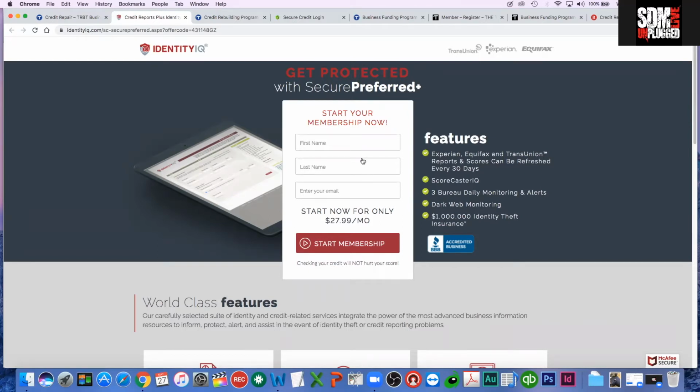And just let your client know it's a $27 a month fee that is required for them enrolling in the credit repair program, because this is what we need to start the process and monitor the process as we continue to check the credit. Once the client registers right here, they will give you a username and password, so we can then implement them into our new credit program. The next step,